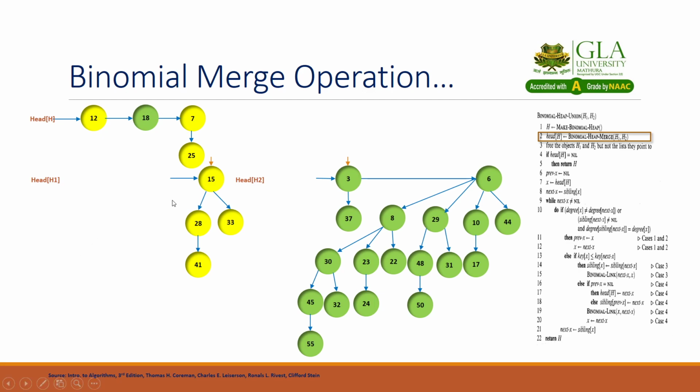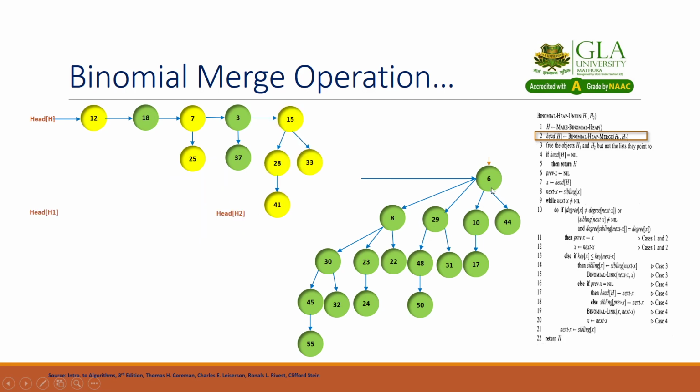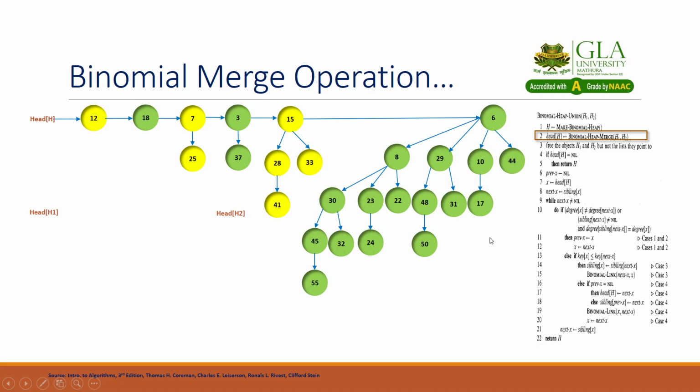Now H1 is pointing to this heap and S2 is already pointing to this heap. The order of this one is only 1, so first we add this one. Now the remaining are two heaps. H1 is pointing to this one and S2 is pointing to this one. The order of H1 is smaller than the order of S2, so we add it. And finally this is the last, so we add it here. After that, whatever pointers are there in statement number 3, we have to remove these pointers.